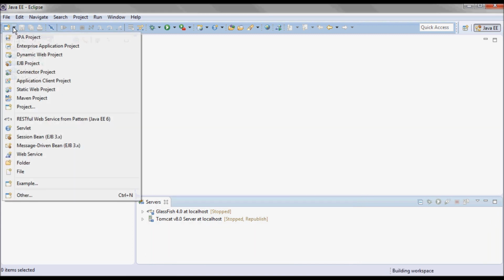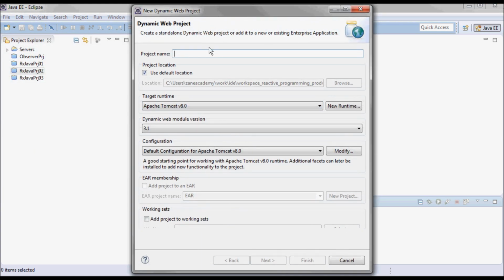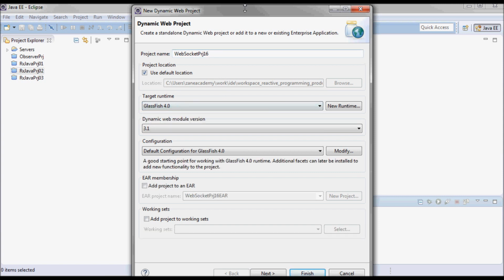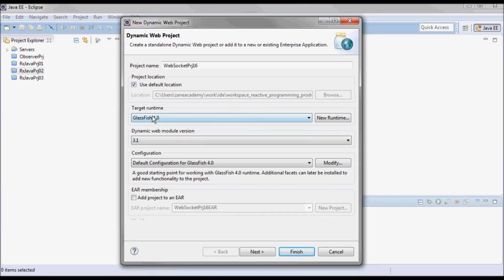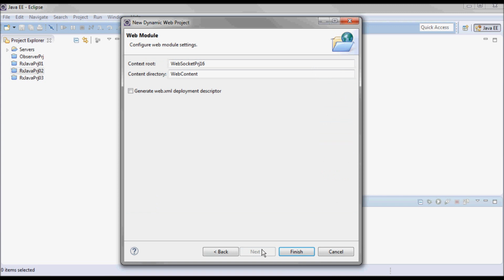And next I'll go ahead and create a new web project. And initially it's gonna be running on Glassfish 4 or 4.1. And it's gonna have a web.xml.